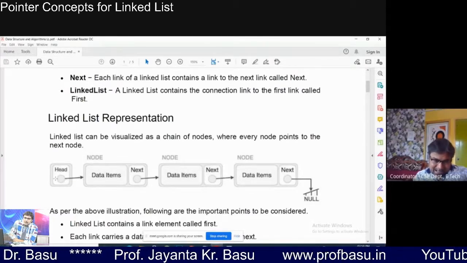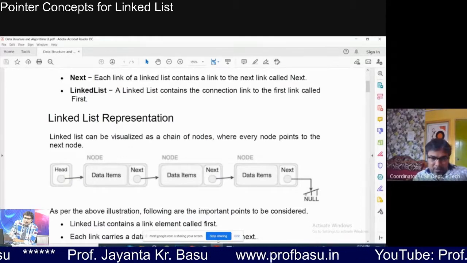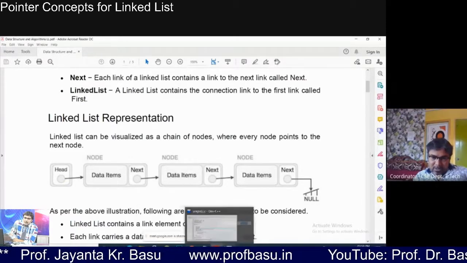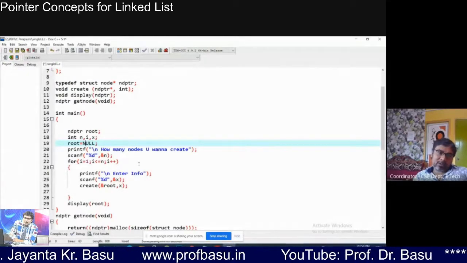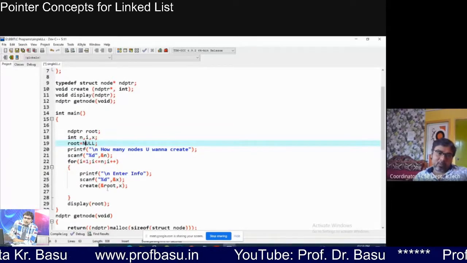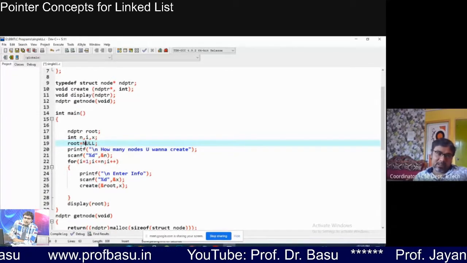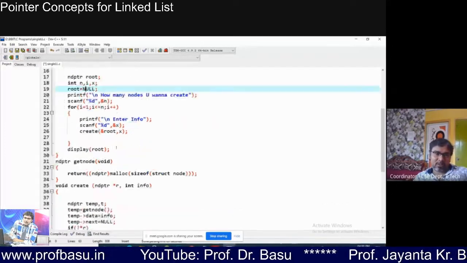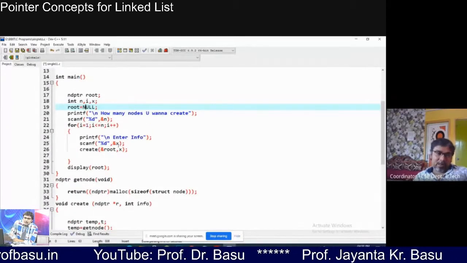So we are going to change the content of head or root from outside of main, because whatever we are doing, we are doing using functions. In a data structure, whatever we do must be done by functions. Generally in industry, we don't write the operations in main. We just call the functions, and all the functions are written after main, not within main. This is what happens in real life.